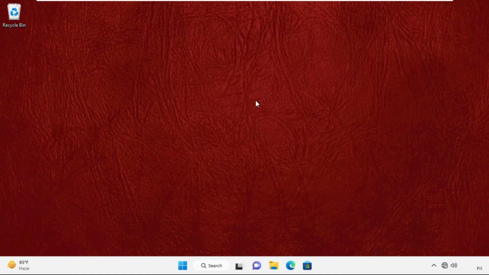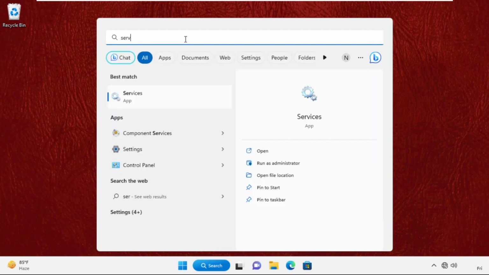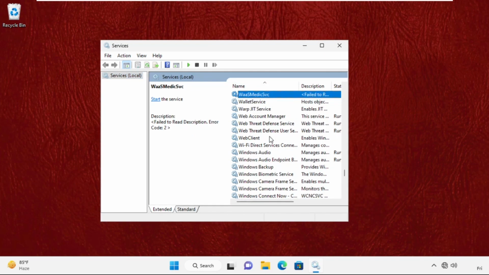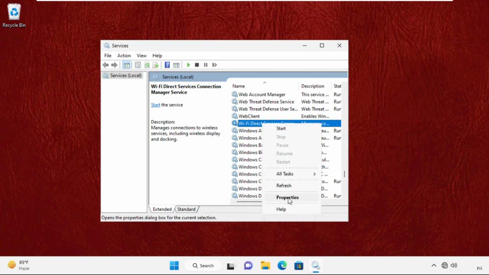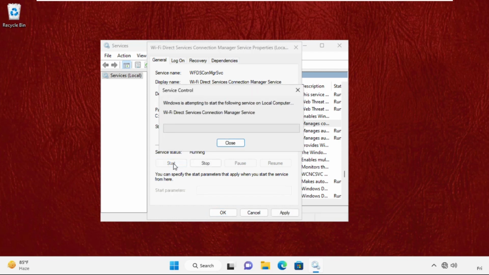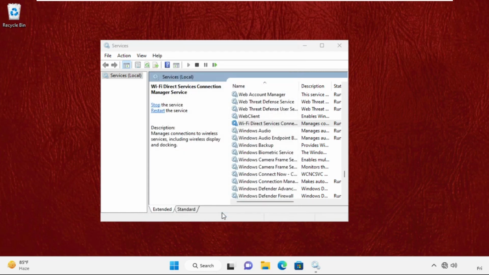So in the next step, go to search bar and type services, then click here to open it. This will open services window. Now search for Wi-Fi Direct Services Connection Manager Service, then right click on it, select properties, then set startup type as automatic, then select start. Once done, click on apply and then OK,